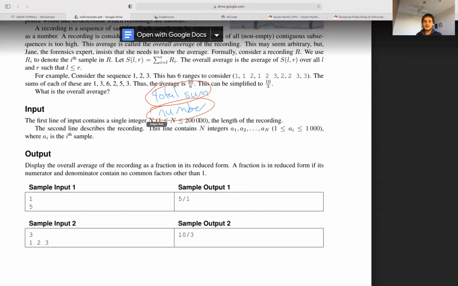Any thoughts on how we can do that efficiently without considering every range independently? This is where the trick of this problem comes in. How can we work out the total sum of every range without doing it the simple way, because the simple way is too slow. It'll take too long and will time out. A rolling sum. What do you mean by a rolling sum?